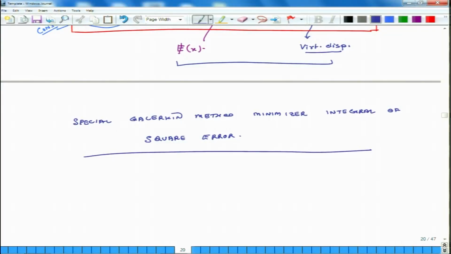So in that case, this special Galerkin method is special not only because of the choice of displacement fields, but also because it reduces the square error. That is why it gives even better results than the regular Galerkin method. So this is what I wanted to discuss today. We will continue our discussion on virtual work methods even in part of the next week, and hopefully we will close it maybe in 2 more lectures.